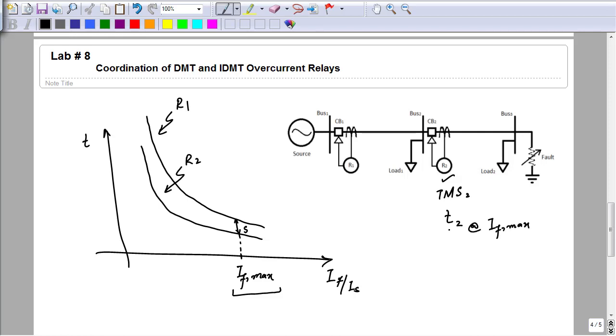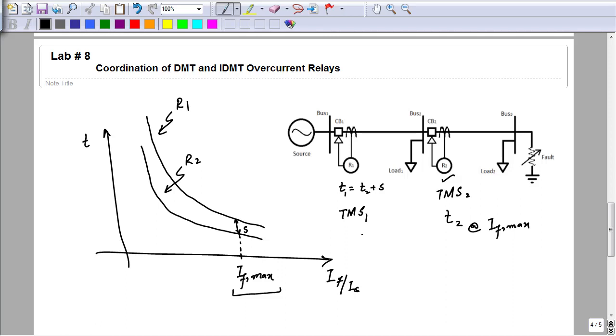Then to this time T2, add coordination time to determine the value of operating time for relay R1. R1 operating time will be T2 plus coordination time. Once we have this time T1, we will determine the value of TMS that will give us this much delay at the given fault current for which we have calculated this time. So here TMS of relay 1 will be determined.